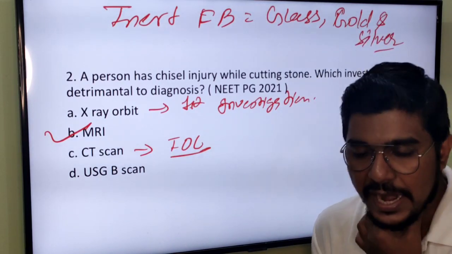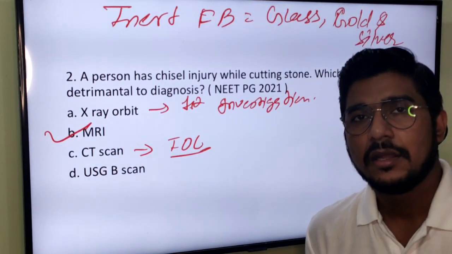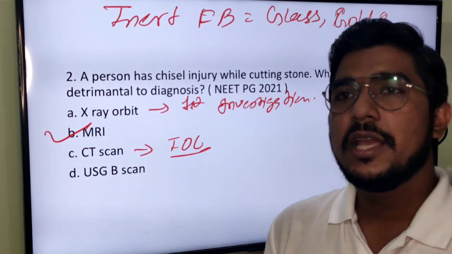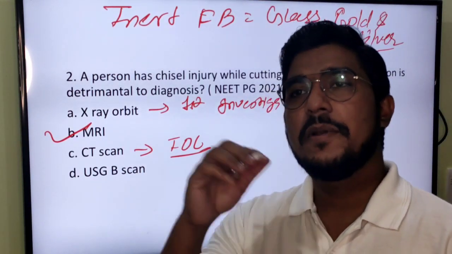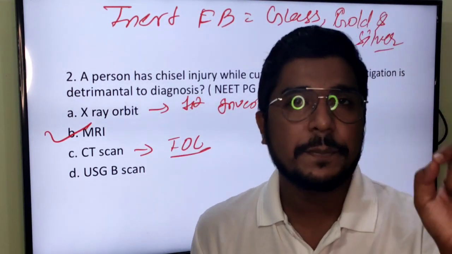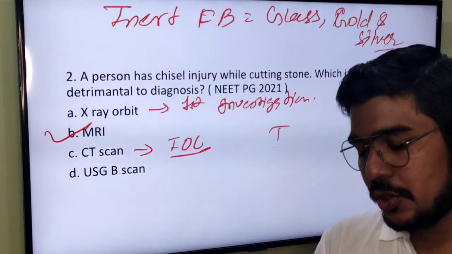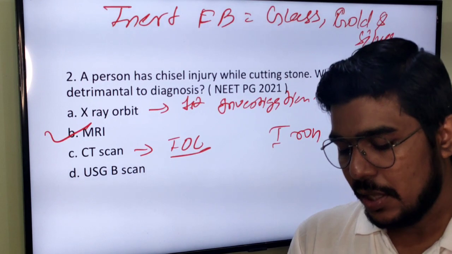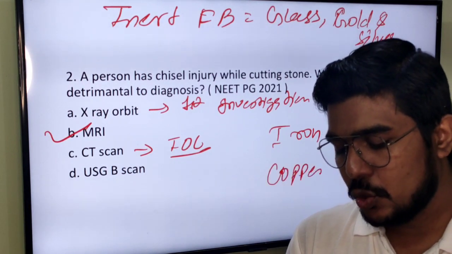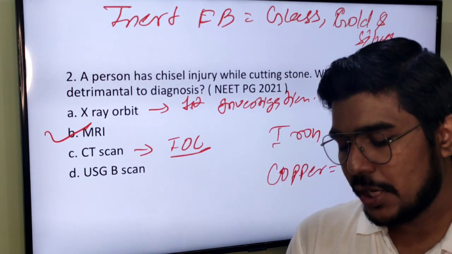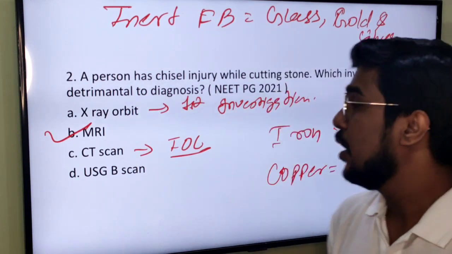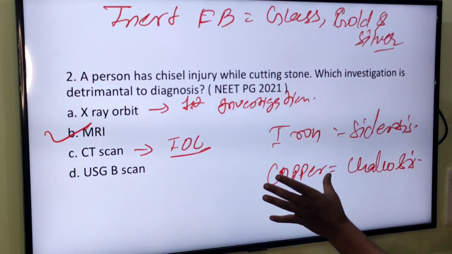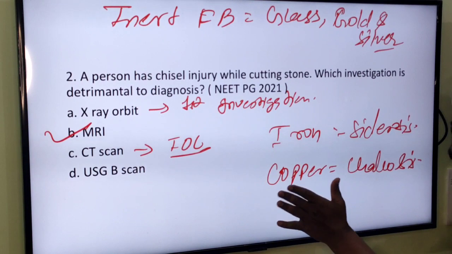The second thing is that in the iron foreign body, the electroretinogram will be flat, that is, the B wave is flat, because there is RP atrophy. Iron will lead to siderosis and copper will lead to chalcosis. But if somebody asks you whether pure copper will lead to chalcosis or other things,